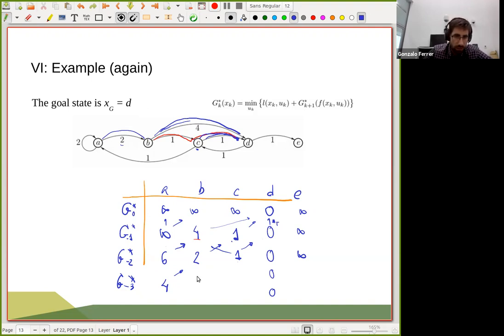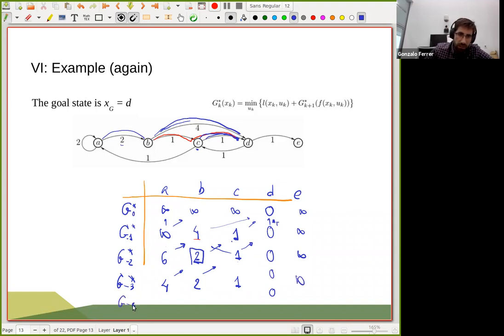From B, what do we have? We have an action that is taking us to C, right? Of course, 1, so it's the same as before. And we have another one that is taking us to D with cost 4, right? So 4 definitely is not better. So we just stay here. And we start seeing that some of these costs are already optimal, right? We are not going to be changing them. So the same happens here. There's nothing better we can do. We are going to remain here because the best thing to do is just connect with D, and D is already in a terminal state. And then we have infinite.